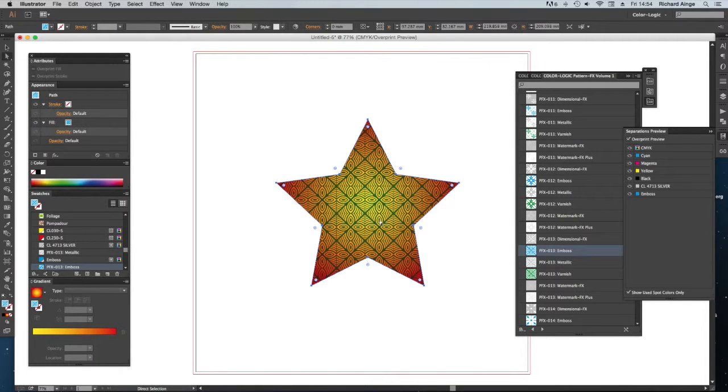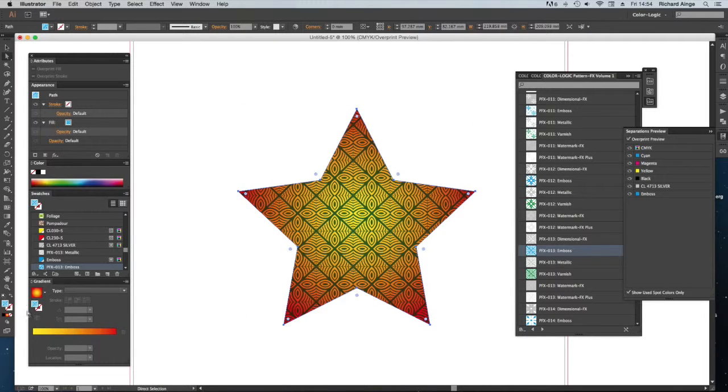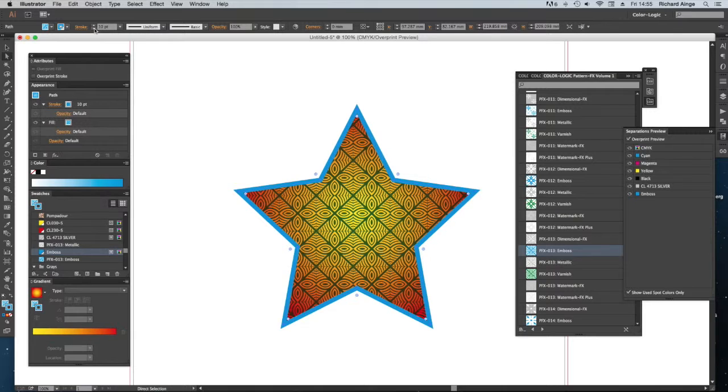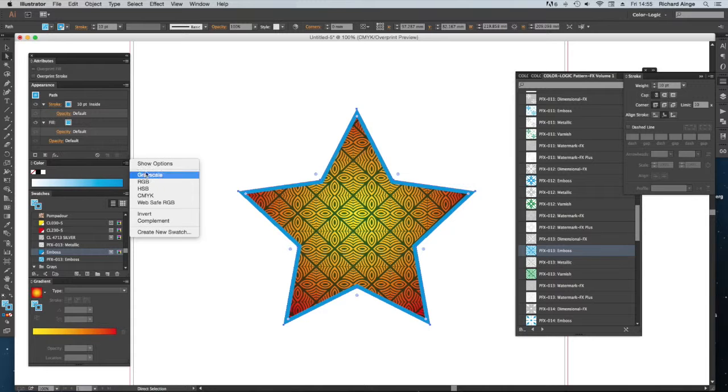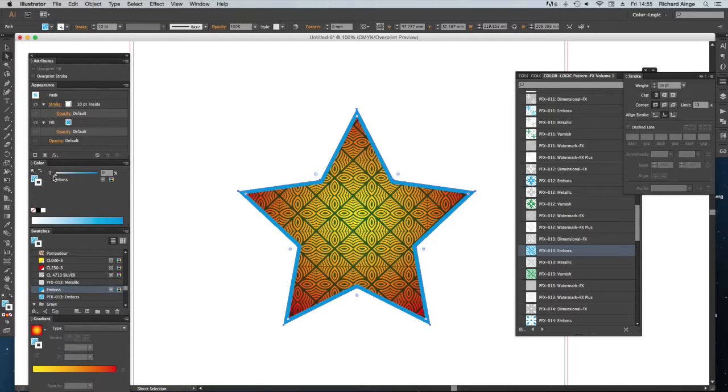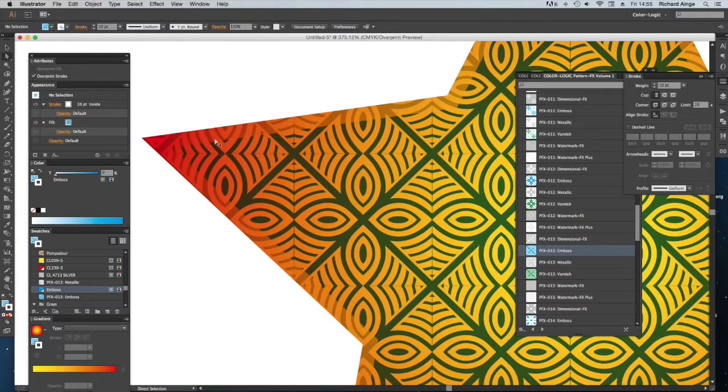And then if you want to do some other interesting things, for example, maybe you want to put a frame around this, let's go to the frame. Now I don't want the embossing going right the way up to the edge, so I'm going to go to that spot colour, the emboss, switch it on, create my stroke by about, well, let's give it 10 point. I'm going to go to my stroke here. I'm going to put the stroke to the inside. I'm going to put the value of this stroke to 0 and put it to overprint. So now I've actually stopped the emboss going right to the edge,